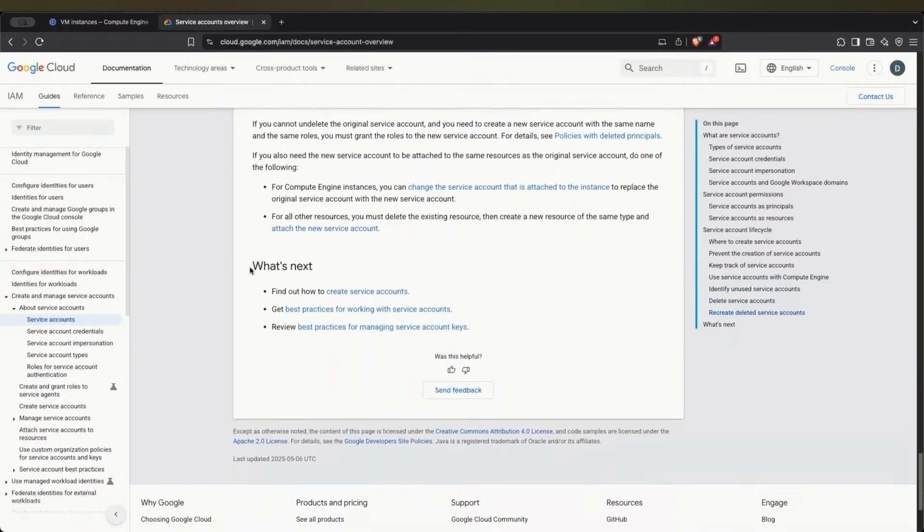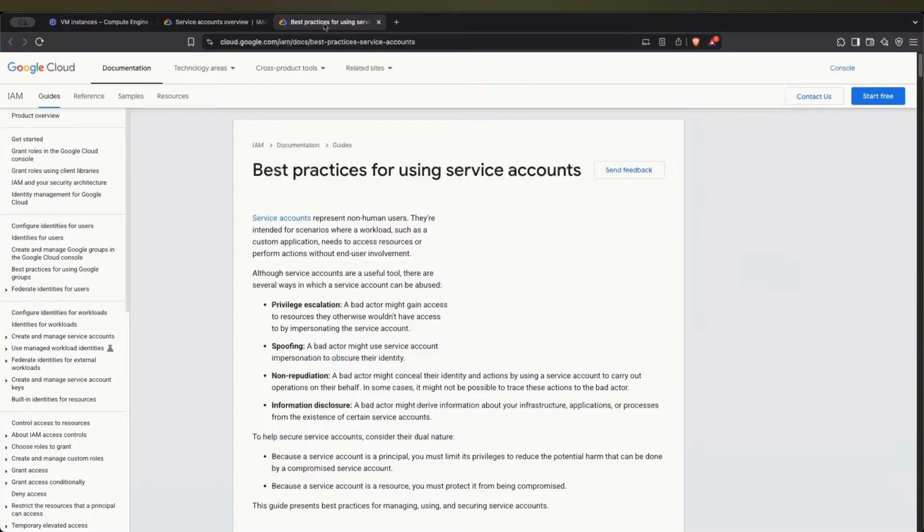Under the What's Next section, there is a link to a document, find out how to create service accounts. But before opening this document, I will use the second link here, to get best practices for working with service accounts. I will right-click this link to open the document in a new tab,